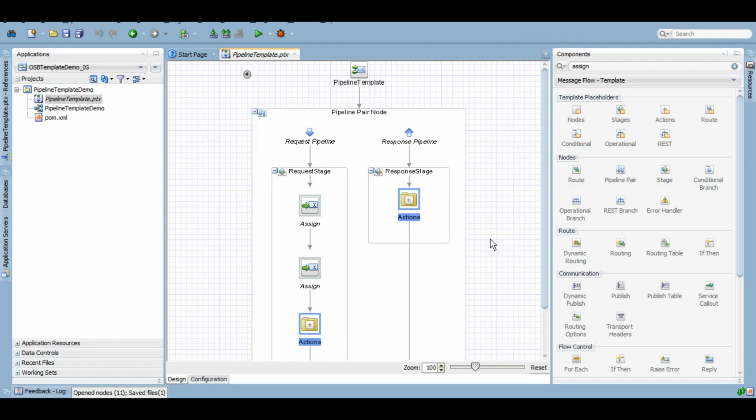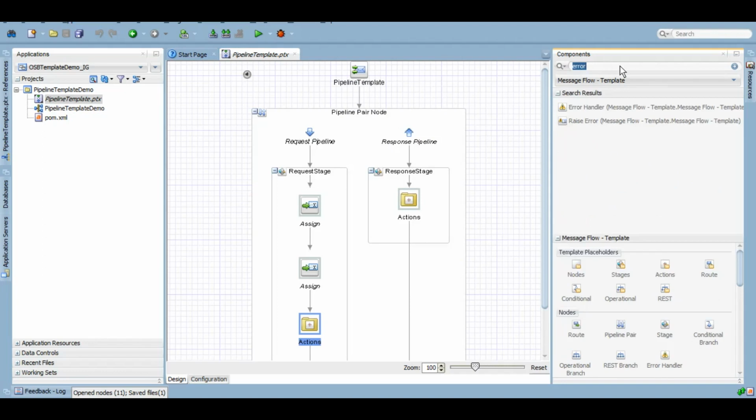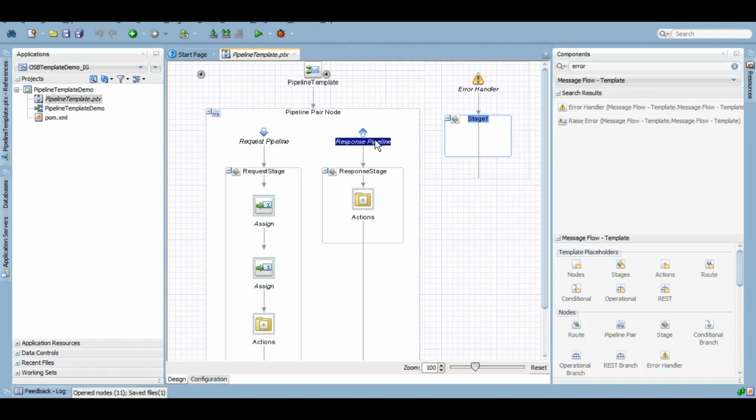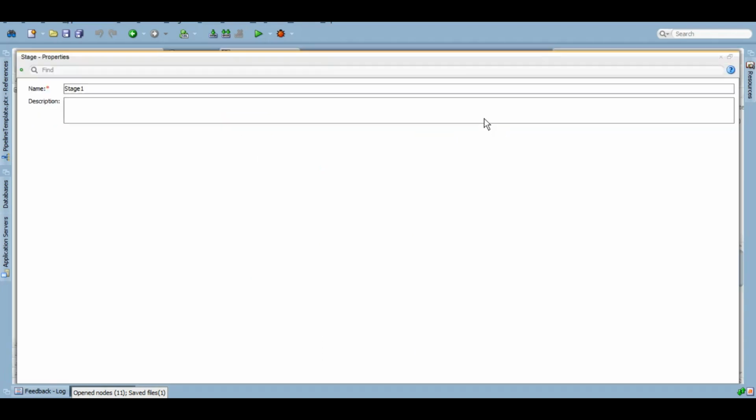Now, one more thing, let's add exception handling of this whole pipeline. So I'm going to add error handler to this complete pipeline, and let me say this is error handling stage.